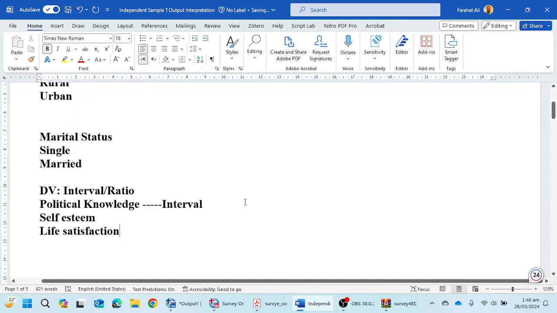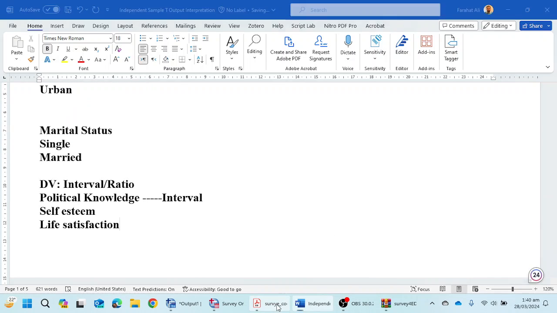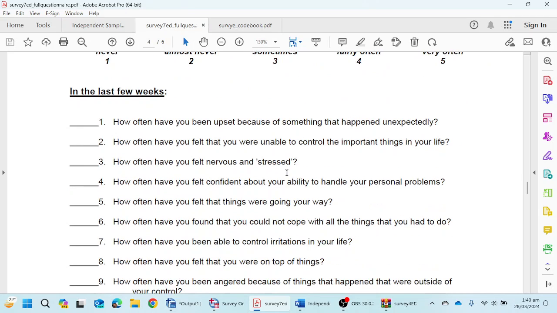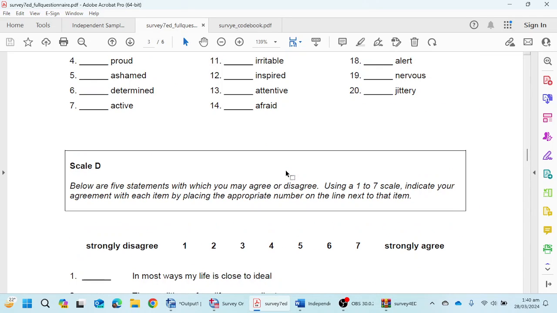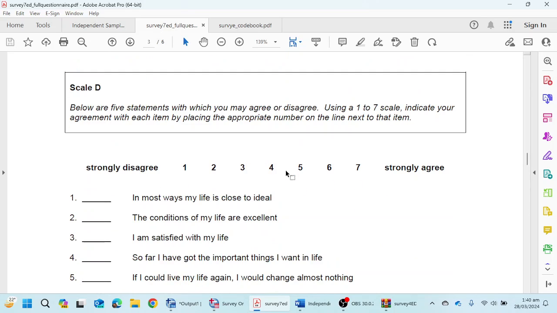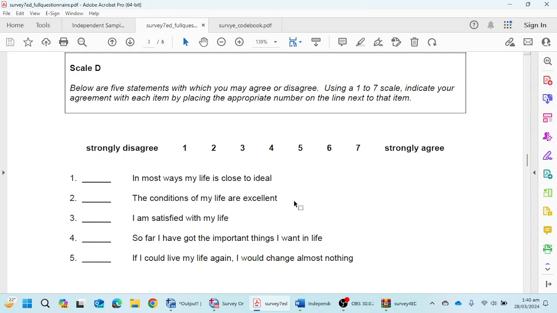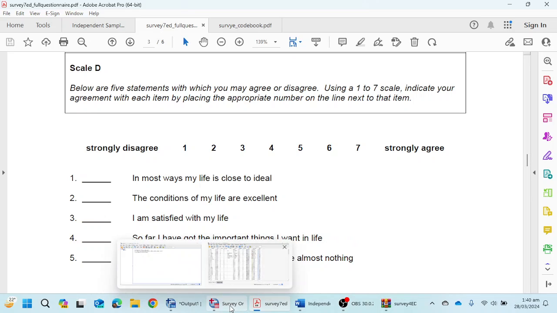If we particularly talk about life satisfaction as dependent variable, what do you have to do? You need a scale of life satisfaction, and these could be the questions: In most ways my life is close to ideal, the conditions of my life are excellent, I am satisfied with my life, so far I have got the important things I want in life, if I could live my life again I would change almost nothing. These are all the statements. You have to club them and make a variable